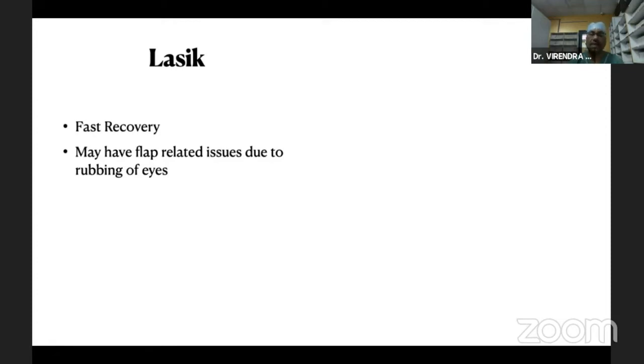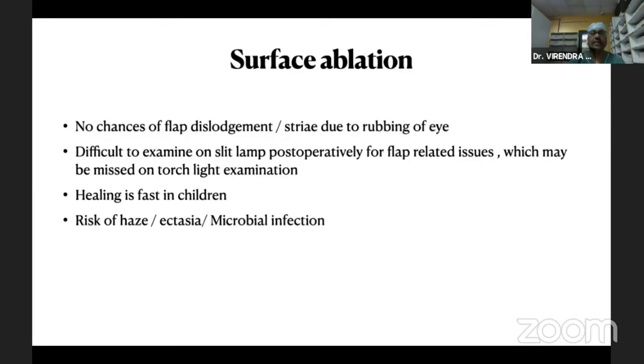Post-op examination of the flap is also an issue because it is not very easy to do a slit lamp examination at a very early age. Though we are not going to do LASIK at 1 or 2 years of age, even at 5, 6 or 10 years the patient does not allow slit lamp examination in a comfortable manner. There are other issues which we'll cover with LASIK and epi-LASIK or surface ablation. Surface ablation has come out as a rescue to prevent the complications of LASIK in the pediatric age group. In adults, we prefer LASIK if it is fit, but in children, we can go for surface ablation to avoid the complications of the flap.